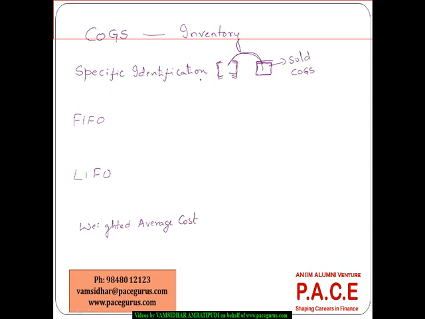So especially where there is one-on-one identification, especially for very premier products, premier raw materials, we could see that there